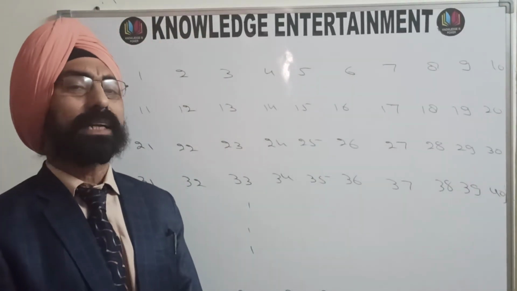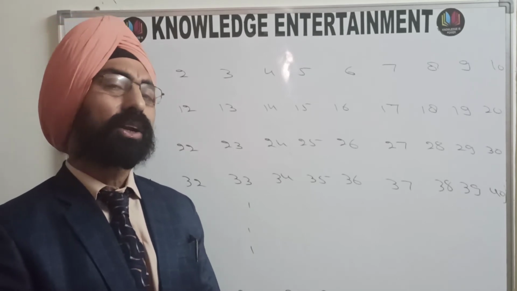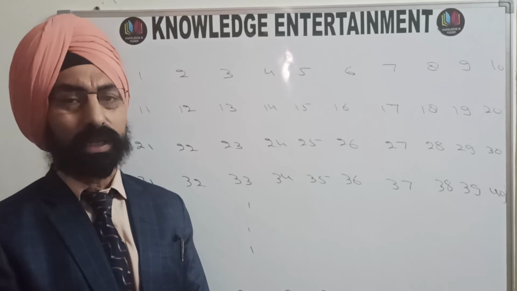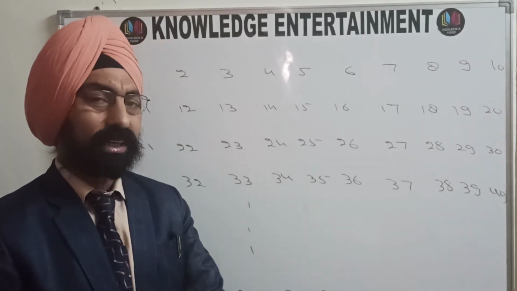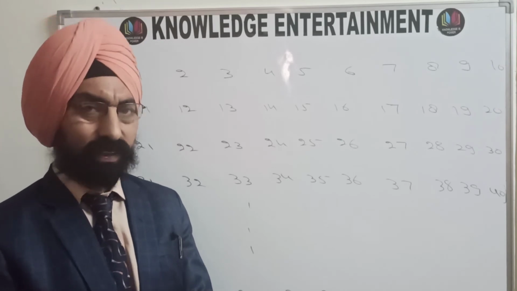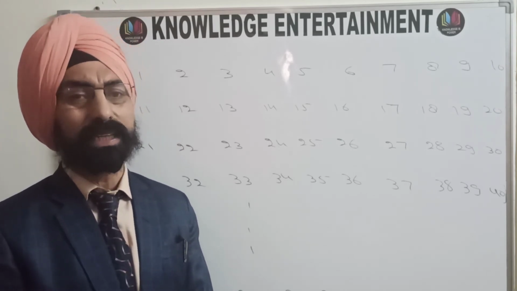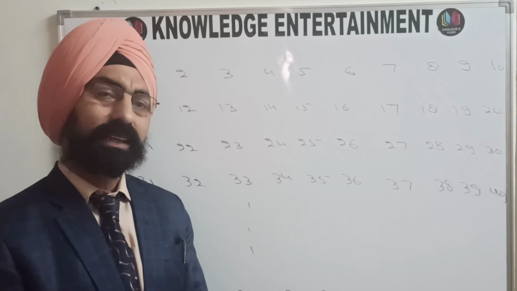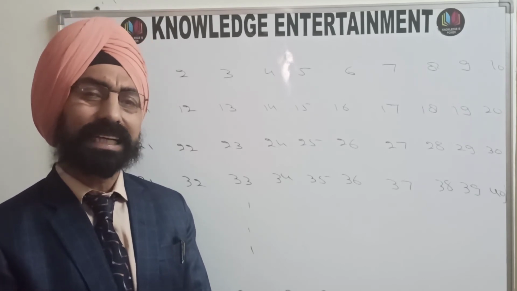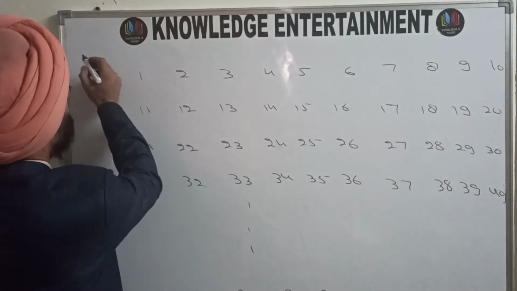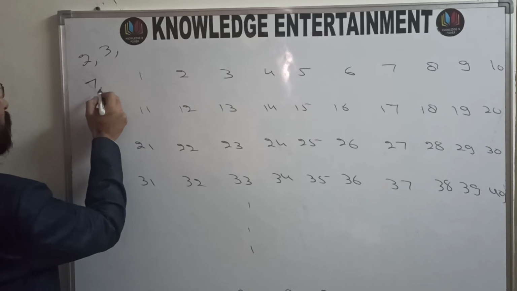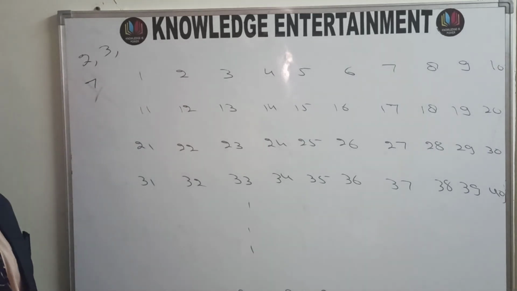First of all, we know that a composite number always has a prime divisor less than or equal to the square root of n. Here n is 100, and the square root of 100 is 10. So if the number is composite, there will be a divisor less than or equal to 10. What are the prime numbers less than or equal to 10? These are 2, 3, 5, 7. So you just have to